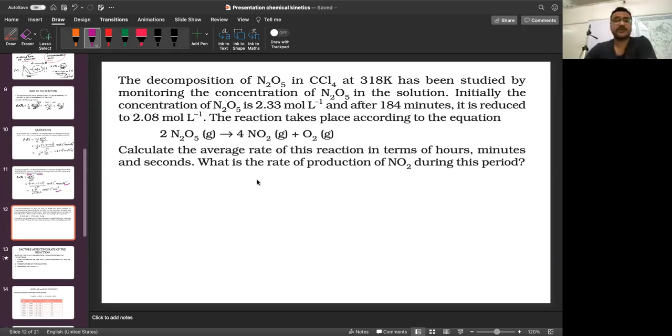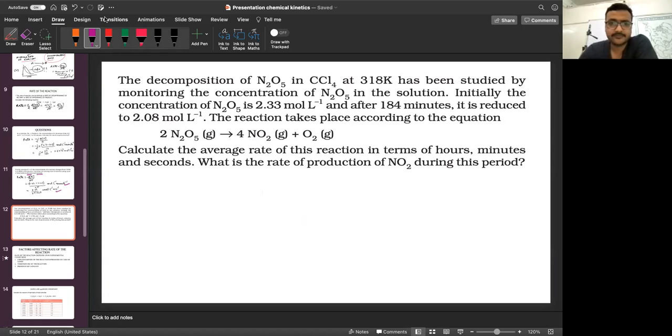Okay, have you got the answer? Muskan, you're not sitting at a table. You're not using a table and chair. Where are you sitting, on the bed? Try to use a table and chair.